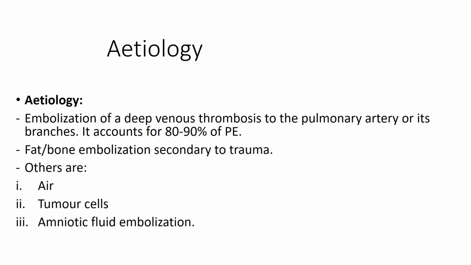Tumor cells may embolize from their primary site, and even in pregnant women, you can have amniotic fluid embolization. So it's not just about thrombus alone, although it accounts for 80 to 90% of cases of pulmonary embolism. But fat, bone, air, tumor cells, amniotic fluid can also embolize into the pulmonary system,